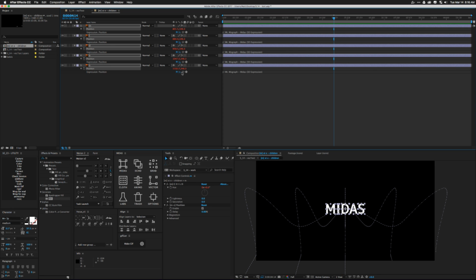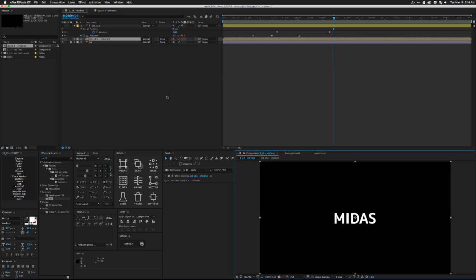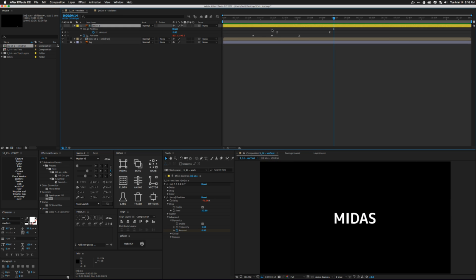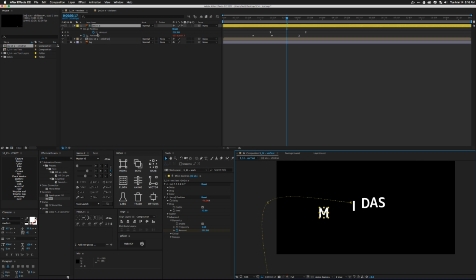And the really cool thing about working in this, once again, I'm going to turn these off just so it's not slow, is you're never limited to the keyframes you make. When you're only working with such a small selection, you can easily make live changes to your original keyframe and see how that works with your Midas children. So I can change this and I can see live interactions. I'll put this over here, make some,